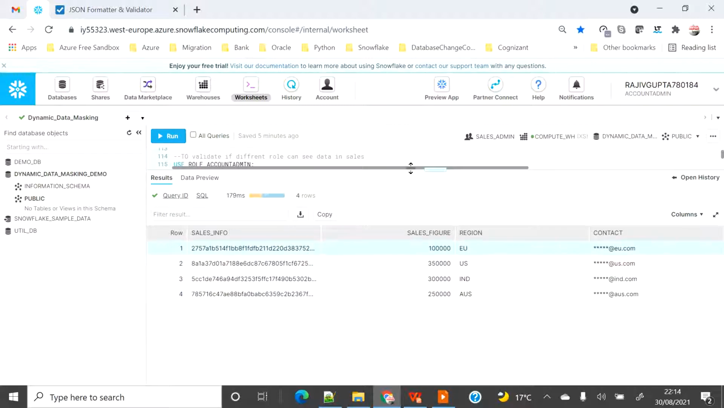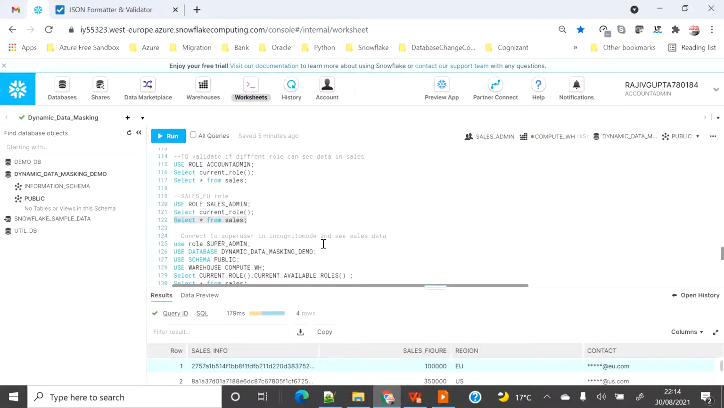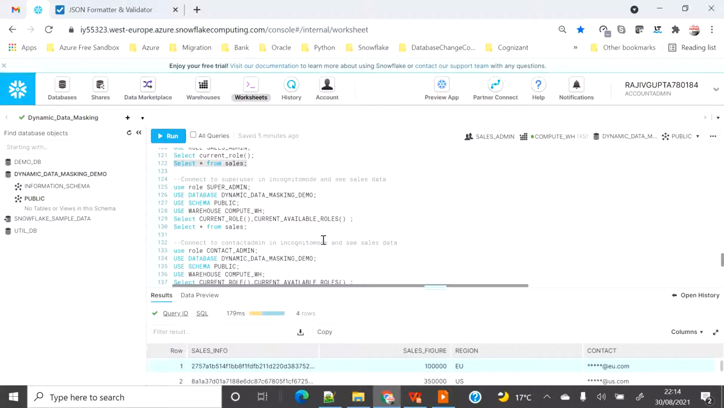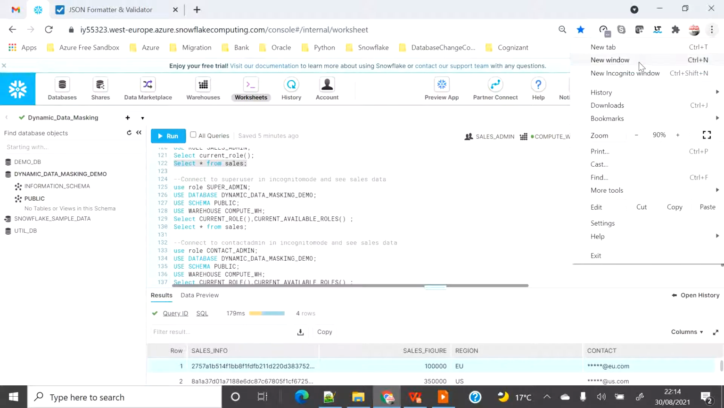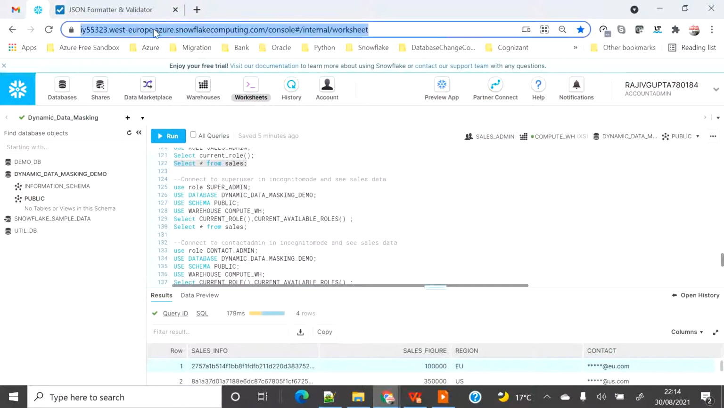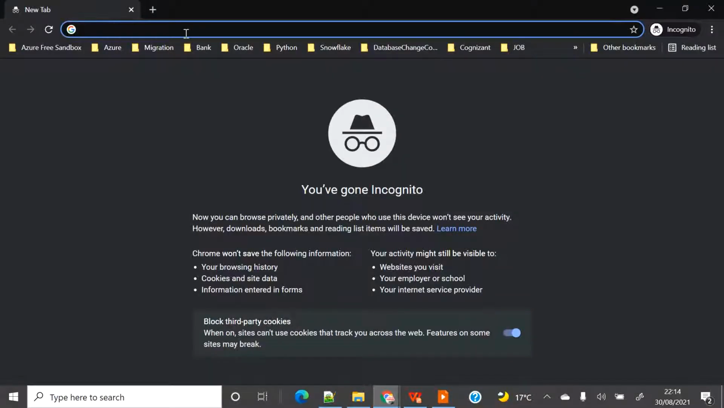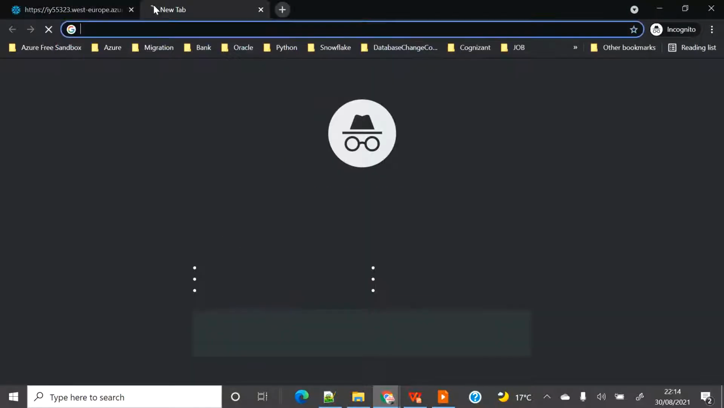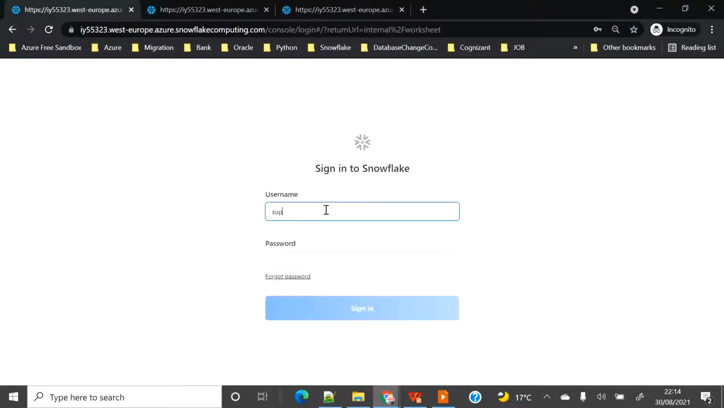On changing of the role, the contact and the sales info is still masked. Now let's connect with a separate user, or I would suggest let's go to incognito mode. Let me copy this URL and connect from there. Let me open three different windows so that I have three different users. I will connect here with the super user,